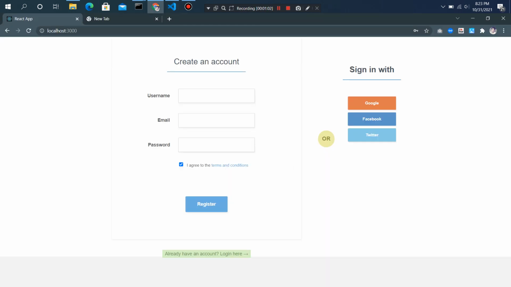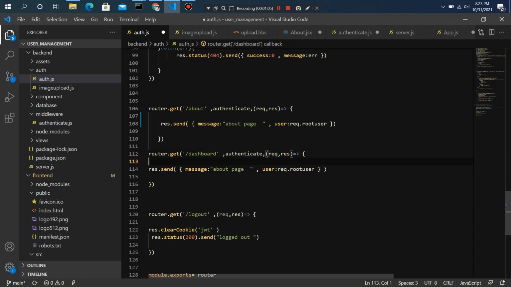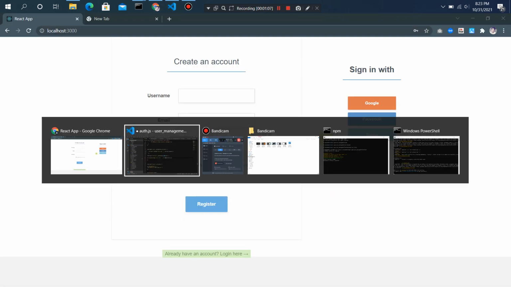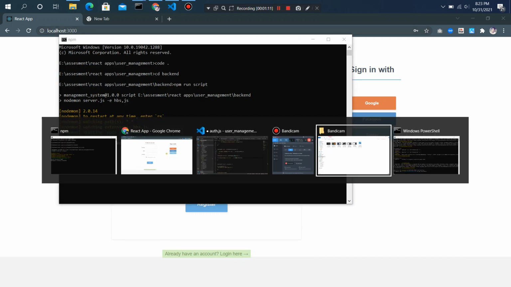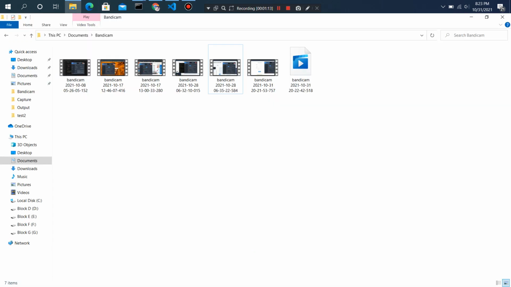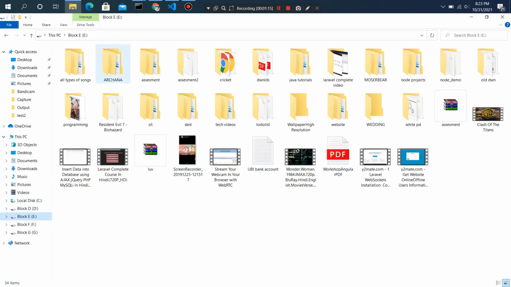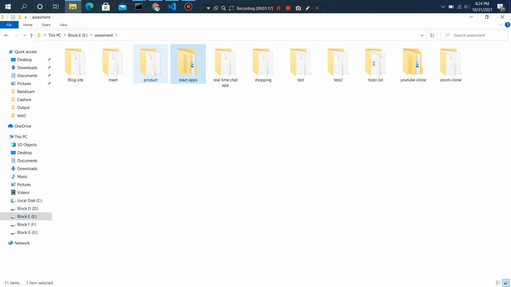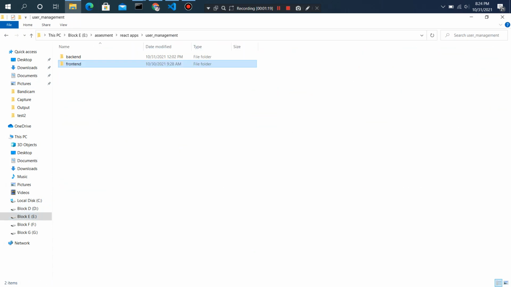As you can see here, all the functionality is working very fine. So let me show you its working mechanism. First of all, just give me a second, sir. Yeah, tabs.